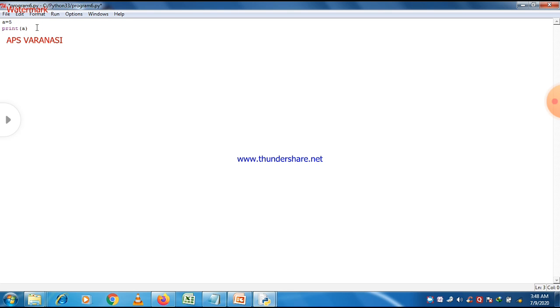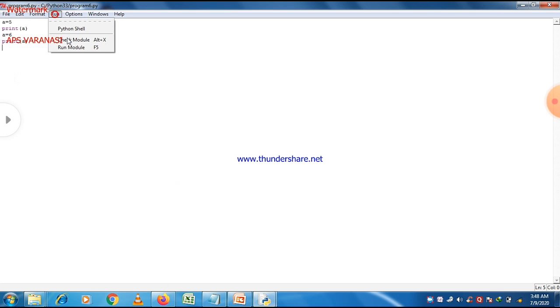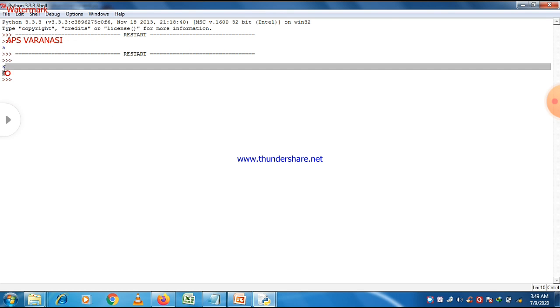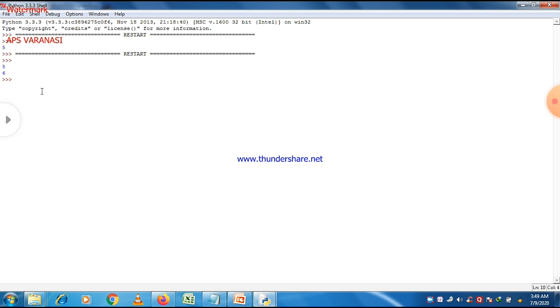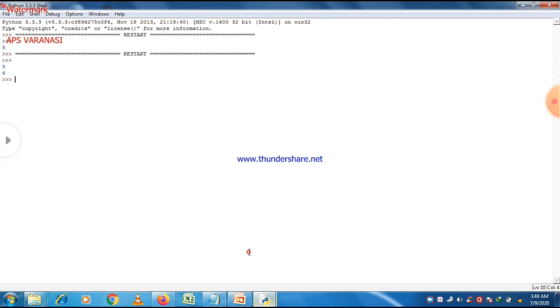Now if you want to change the value of a again, let's take a is equal to 6 and then print the value of a. Then the value of a is 6 now, so 6 will be printed. First of all, in the second statement 5 will be printed, and in the fourth statement obviously, if a is equal to 6, then 6 will be printed. Just save it, execute the program. You can see that there are two values, 5 and 6. First of all, 5 is assigned to a, so the answer is 5. Then after that 6 is assigned to a, so 6 is the answer.